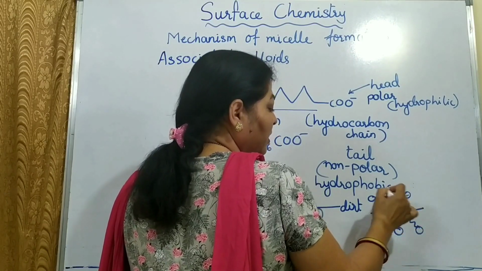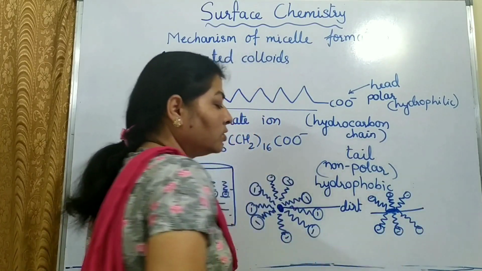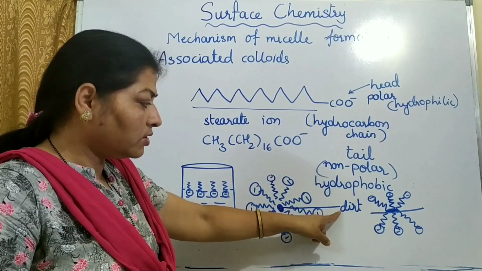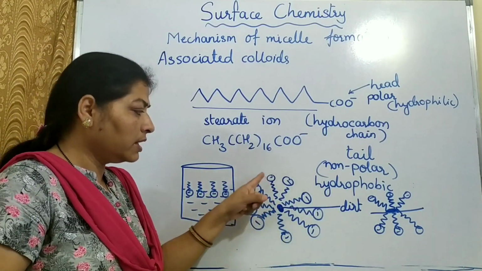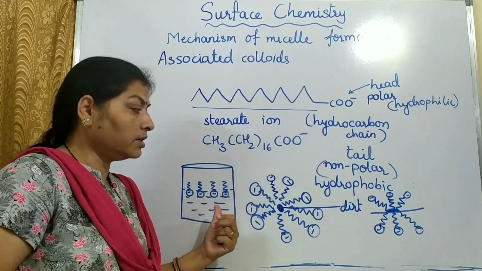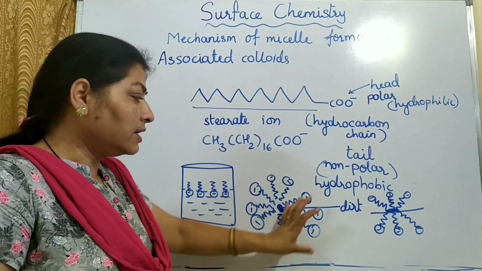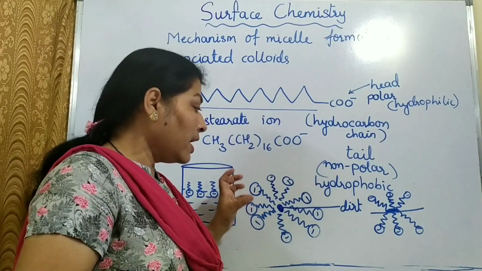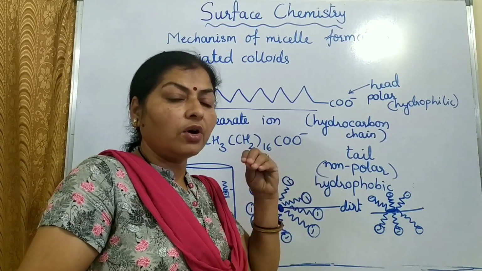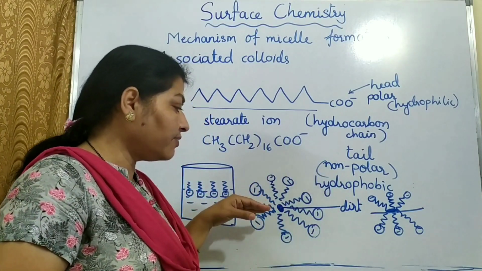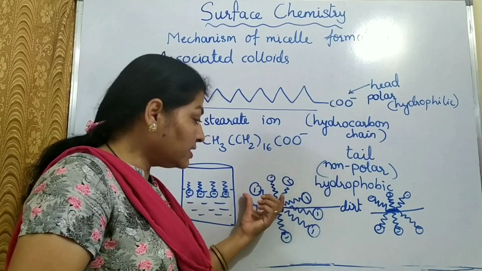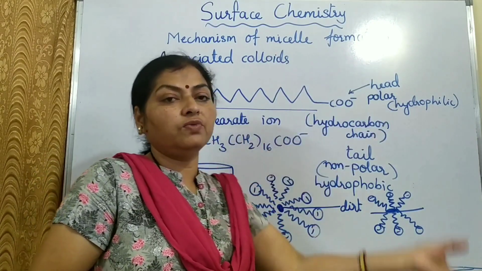polar heads. So in this way all the tails will penetrate into the dirt, which is also non-polar, tails are also non-polar, and the head part, they will be in contact of water. Such a spherical cluster is known as a micelle. And then with a little bit of agitation or little bit of rubbing or scrubbing the surface, along with the dirt particle, along with the dirt from the surface, the entire micelle will come into water.